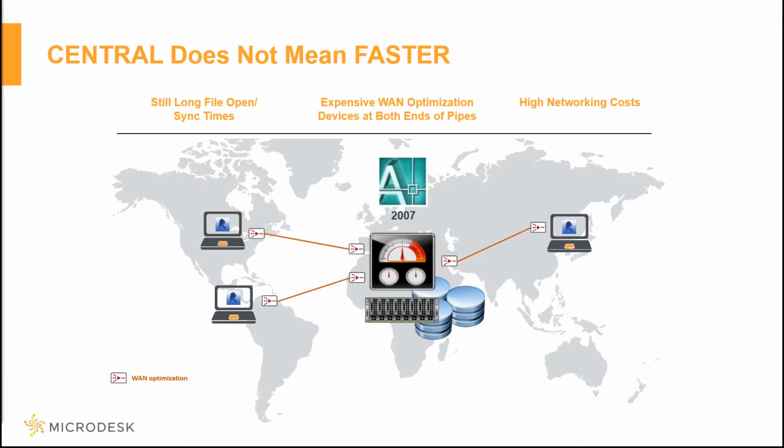But they were still far from perfect, because if anybody remembers back in 2007 when AutoCAD changed around their file format, they decided that they were going to optimize on every save. Some of the technology that those WAN accelerators were built to support, the block level differencing that they were doing to minimize the amount of traffic that was sent over the WAN, were for all intents and purposes rendered unusable for a time period,